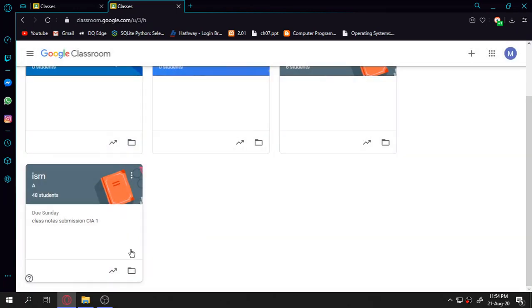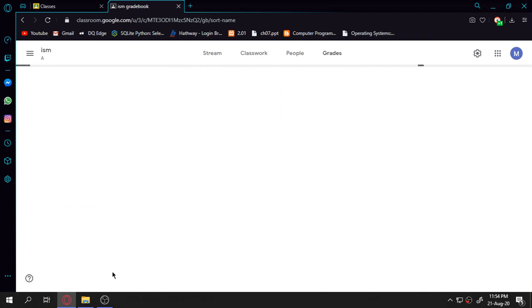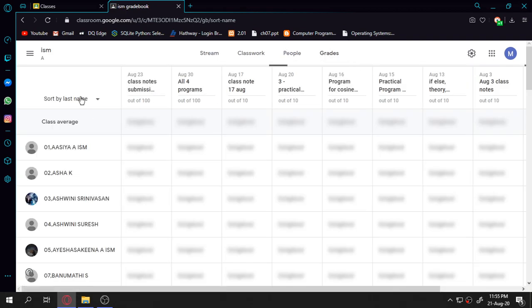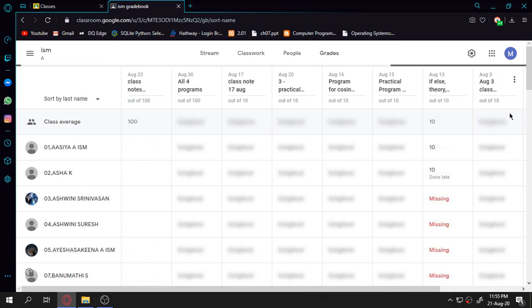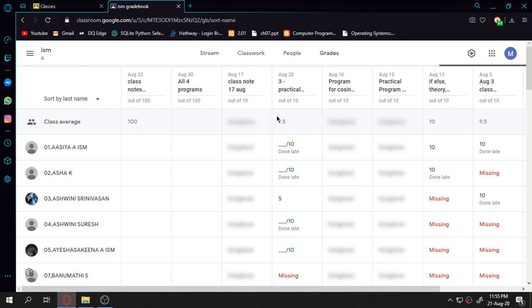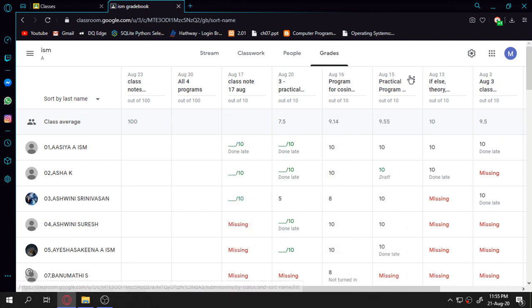And then let us see what these two symbols represent. This one is the grade book, and this is the Google Drive folder. If I click on this, I can go directly to the grade book of these particular students. If you click over here, you can find the grade book of the students. So 48 students have enrolled in the class. I can see the grades of all the students, and that means I have assigned many assignments during the class hours. After the class hours they have to submit a few assignments so that I can confirm whether they listened to the classes or not.